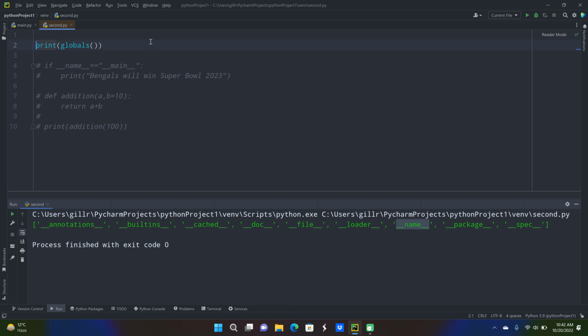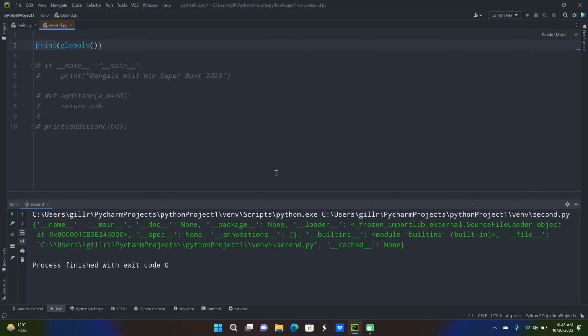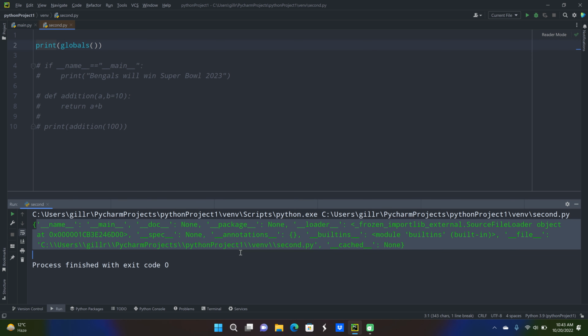I already have it over here for you guys. If I run this line of code, print globals. If you do not know what namespaces in Python are, please comment below and I'll make another video on namespaces. But I'm very positive that if you're having a doubt about the dunder name thing, you are already familiar with namespaces. So if I see what variables are in my global namespace, I get back a dictionary